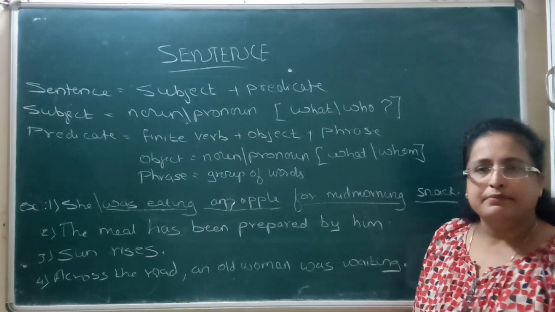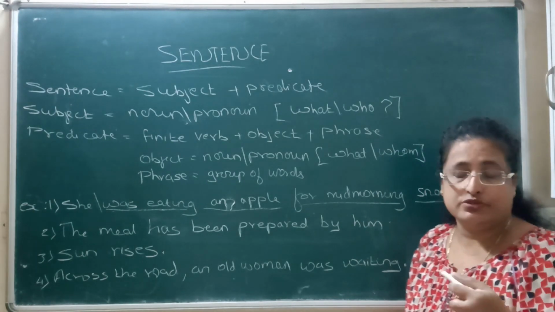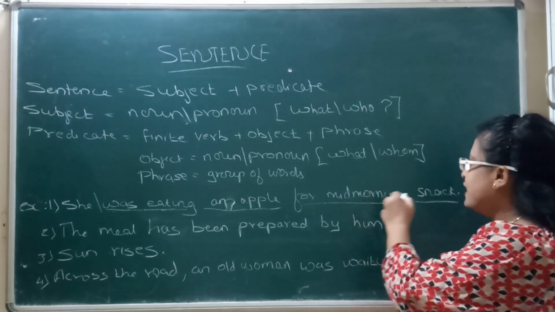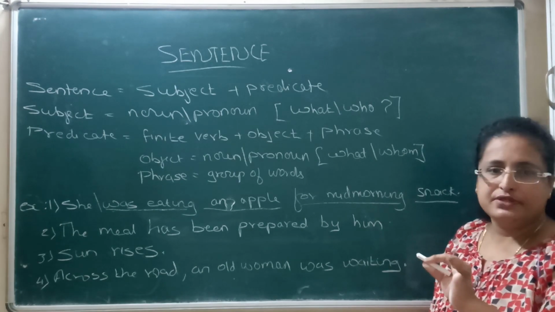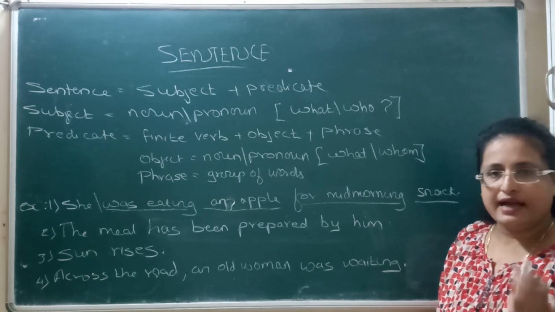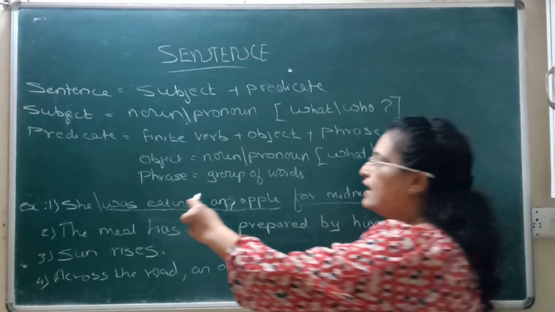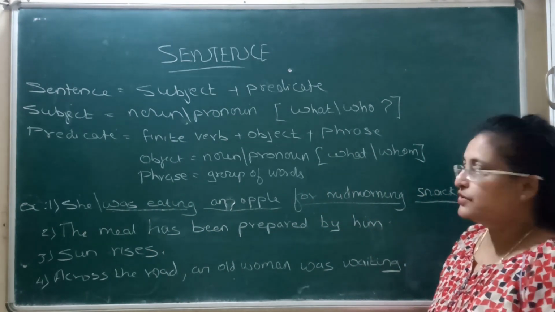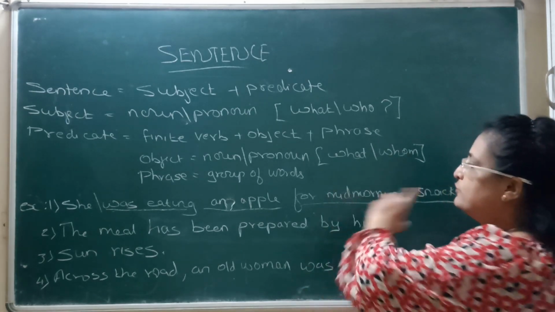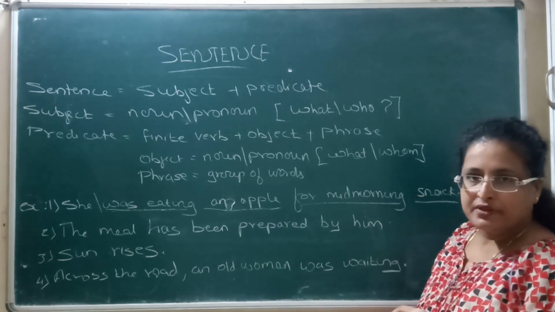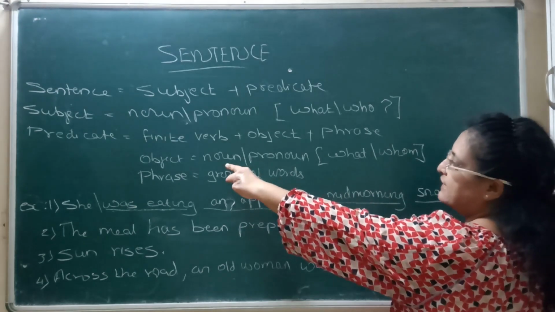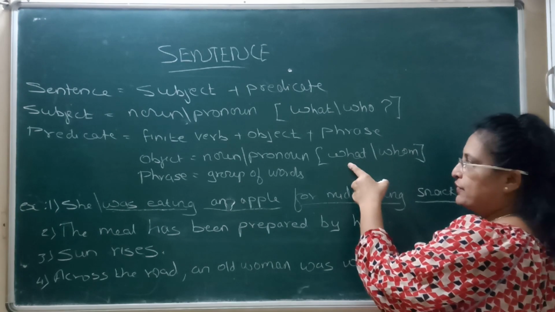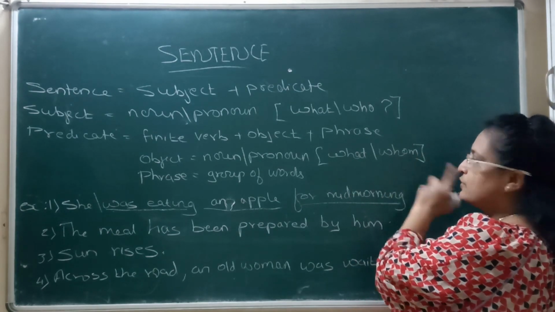Now normally what happens, students, even students who are in 9th, 10th grade, they always have it in the brain, ये जो last word रहेगा, that would always be the object. It's not that way you should go for identifying the object. You ask the question to the verb, like she was eating what, या she was eating whom. Now whom तो आएगा नहीं, क्योंकि an apple is a thing. See object, what did I say? Again it is either a noun or a pronoun, and you have to ask the question what for non-humans, and for humans it is whom.